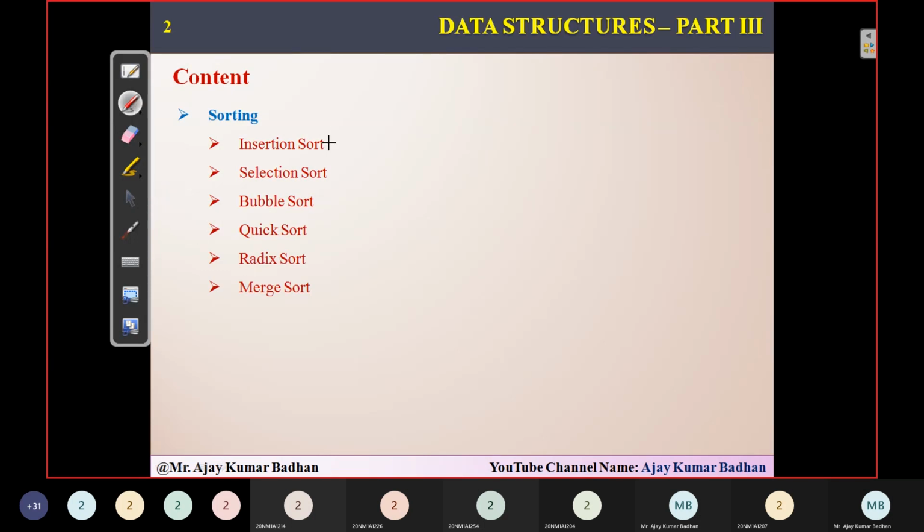Okay. So today, in this session, we'll be discussing something called insertion sort. Okay, remember insertion and selection sort. What I'm talking about in this case are what we call in-place sorting algorithms. So these are in-place sorting algorithms.